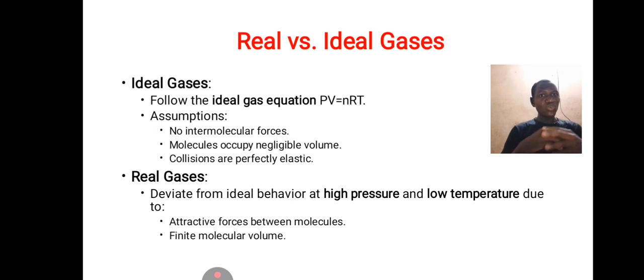And there is no intermolecular forces. There is no assumption for intermolecular forces. And you cannot do this for a real gas, because if you compress gas, if you bring it together, there can be intermolecular forces. In that previous video that I have made, where I discussed all those laws, I have talked